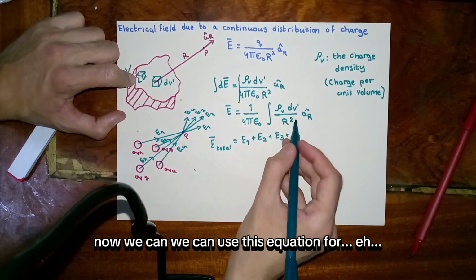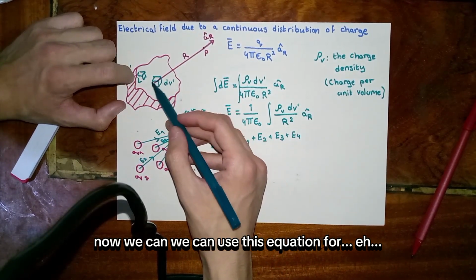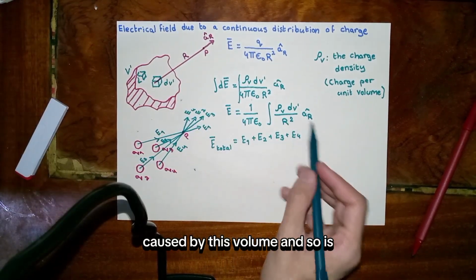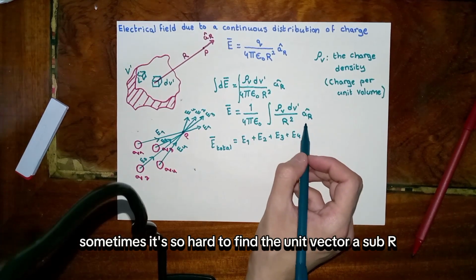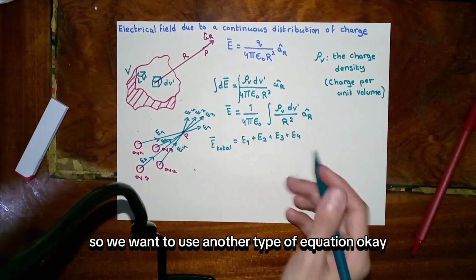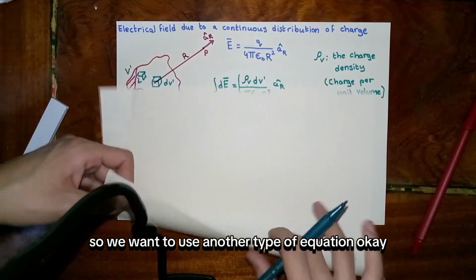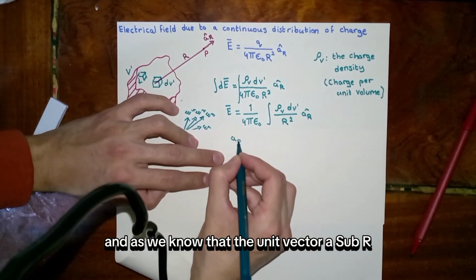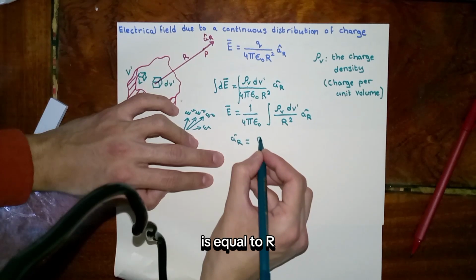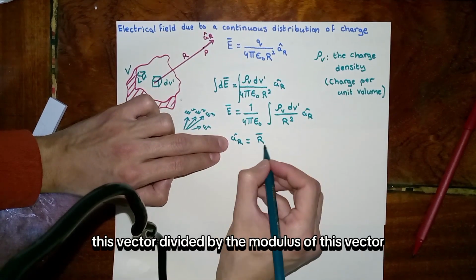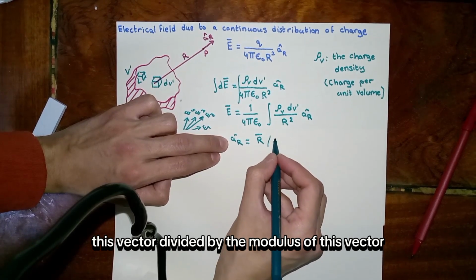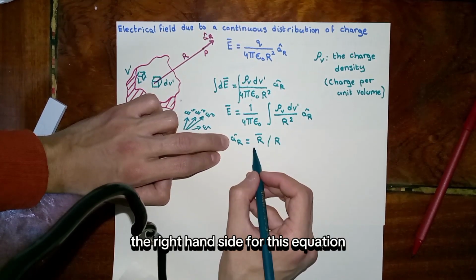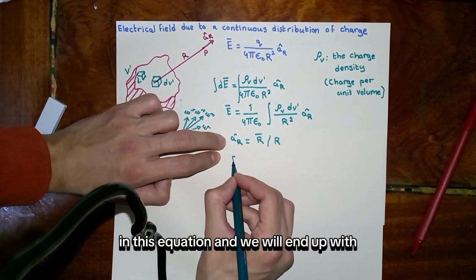Now we can use this equation to find the electrical field caused by this volume. Sometimes it's hard to find the unit vector a sub r, so we want to use another form of the equation. As we know, the unit vector a sub r is equal to the vector r divided by the modulus of this vector, which is r. Now we can substitute the right hand side of this equation into the previous equation, and we will end up with